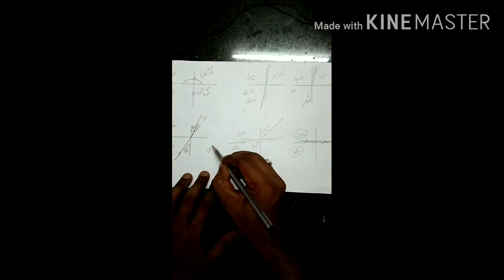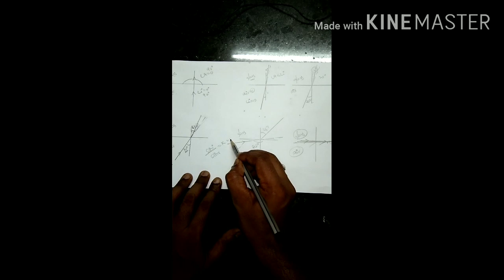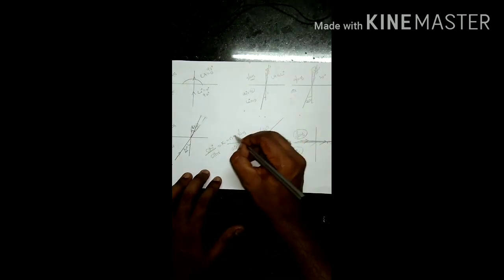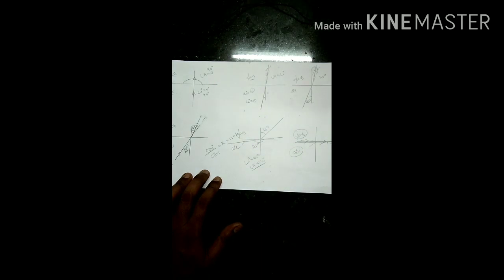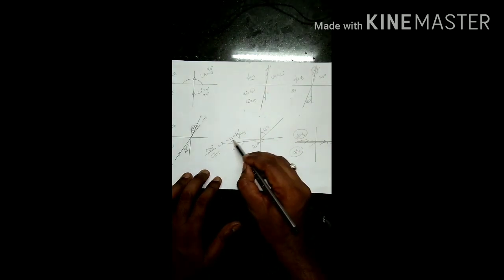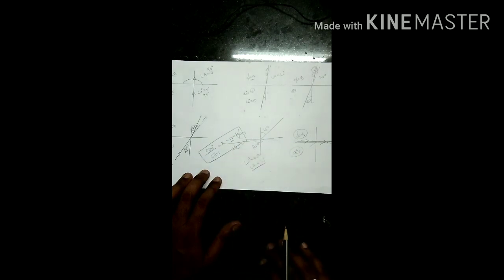This is totally what we proved: sin i by sin r is always a constant, that is nothing but n, the refractive index. This value is equal to c by v. Why? Because yesterday we already said the refractive index n is equal to c by v. This law is called Snell's law. Once again, Snell's law is nothing but sin i by sin r.